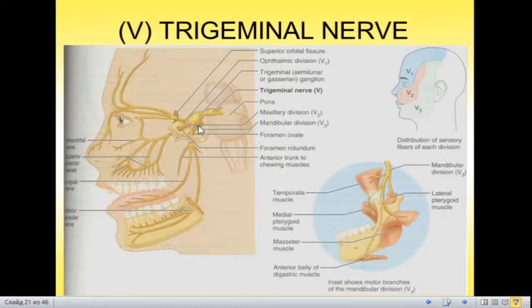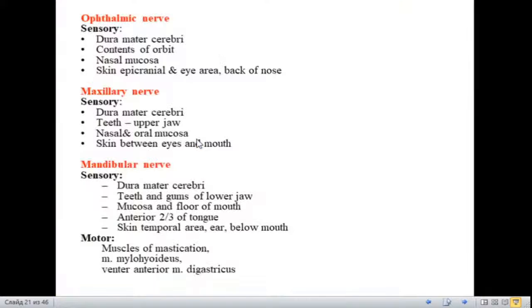Besides that, nervus mandibularis also has a motor component. And if we generally describe zones of innervation for each nerve, details we will study in practical classes, branches of these basic divisions, but now generally, the ophthalmic nerve is sensory, so it supplies